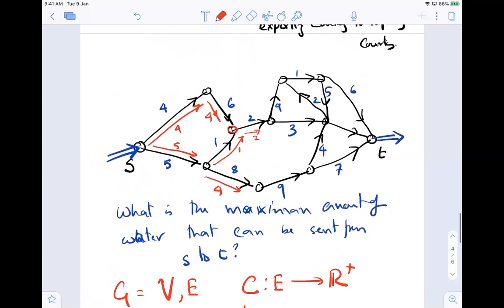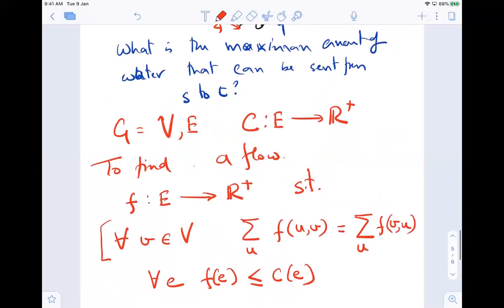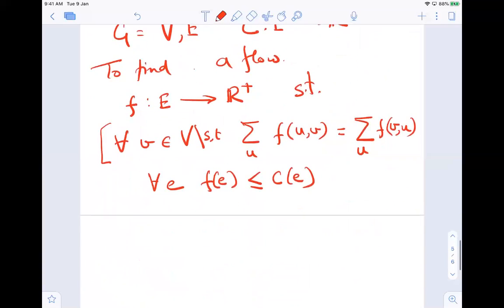There are only 2 vertices which don't follow this Kirchhoff's condition. Which are those? It is S and T. S can have an unlimited amount of supply, and T can have an unlimited amount going out. So this is for all v in V minus {S, T}. Okay. And if you satisfy this, the amount of water flowing from S to T is what? The size of the flow